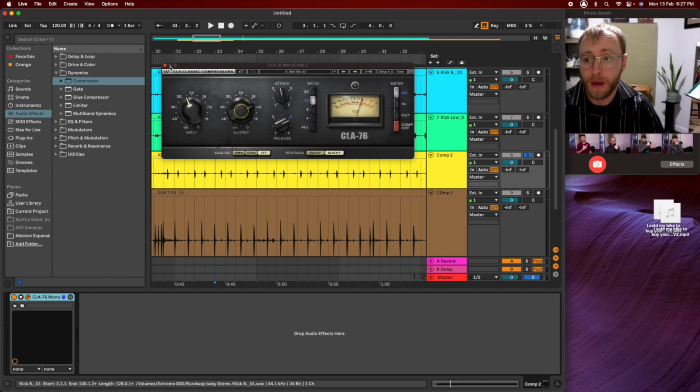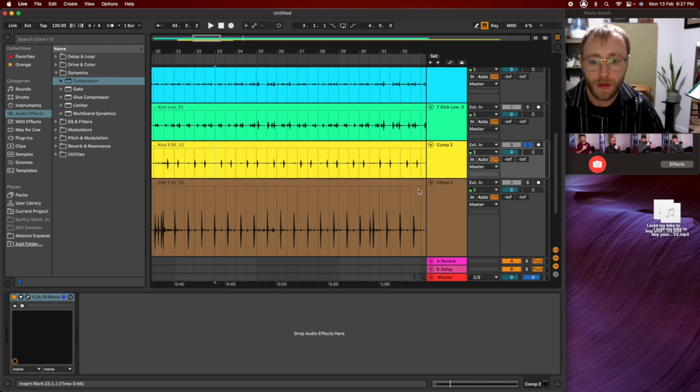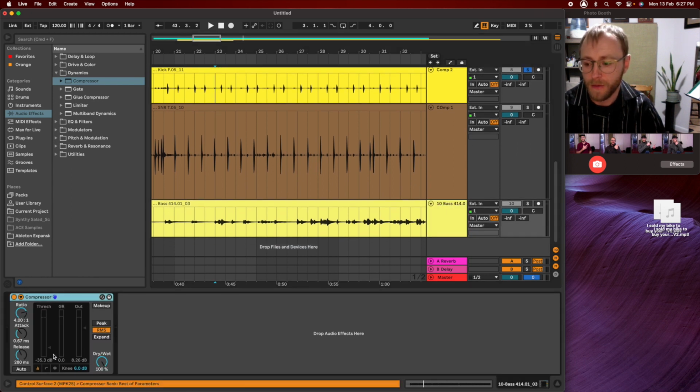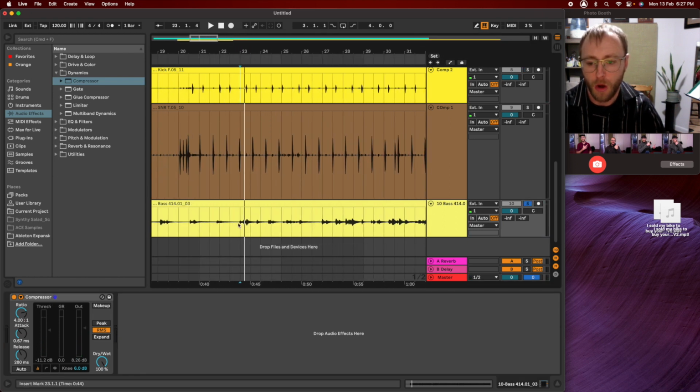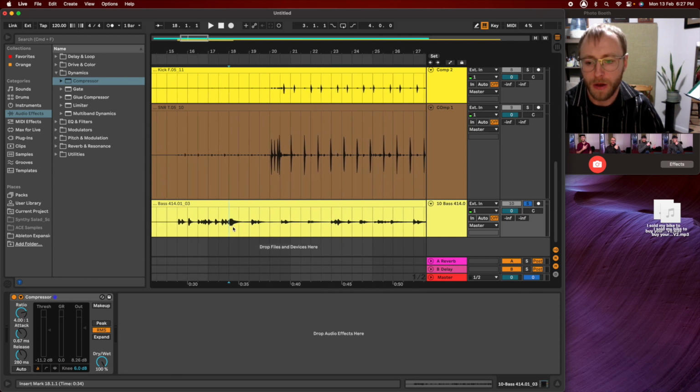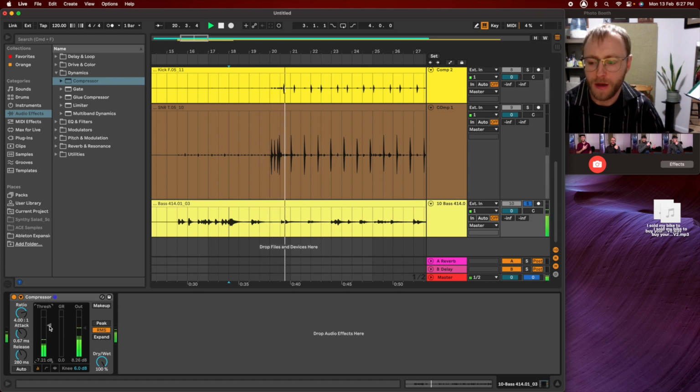The other example of a compressor used maybe for a different reason is on a bass. Okay, so here's a bass guitar, or it's an upright bass actually, but here is the bass track, and what I'm trying to do with the bass is make the notes longer. So I'm trying to get elongated notes, more sustain. So the way I would do that is kind of drop that threshold down, get some compression going on with the gain reduction, maybe a quick attack and a release that's kind of a little bit slower, a little bit of output gain boost,